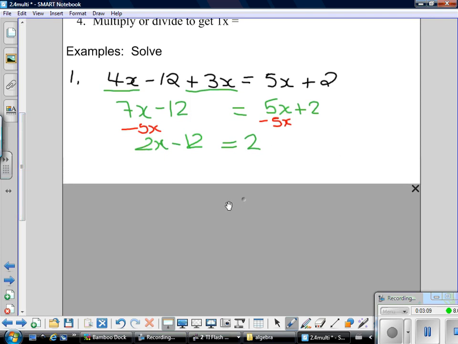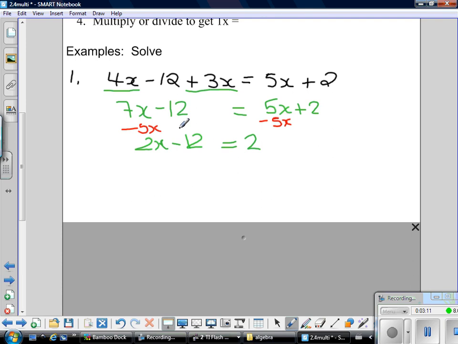Now I need to get all my constant numbers to the other. So that means I need to get this negative 12 to the other side. The way I do that is I add 12 to both sides. Why? Negative 12 plus 12 equals 0. So when I do that, I end up having 2x. Negative 12 plus 12 is 0. 2 plus 12 is 14. So now I have all my variables on one side of the equal sign, all my constants to the other